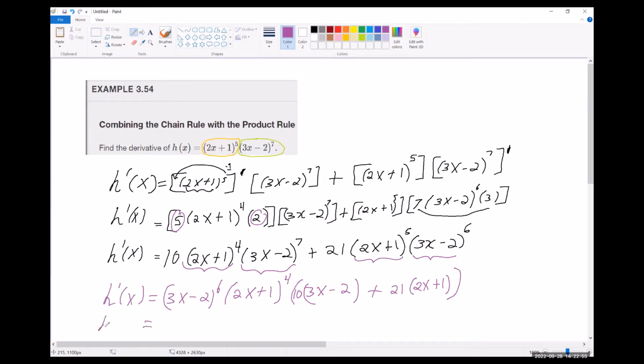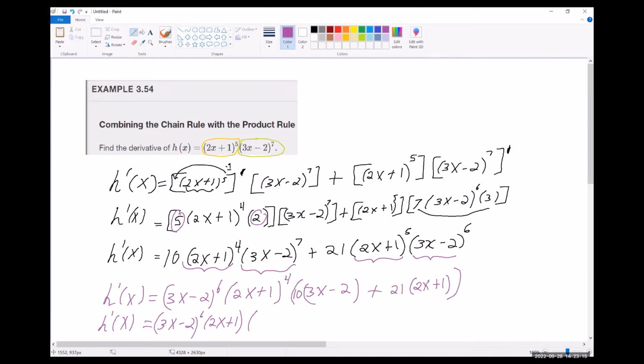So I guess there is some considerable simplifying still. Let's see, this gives me 30x